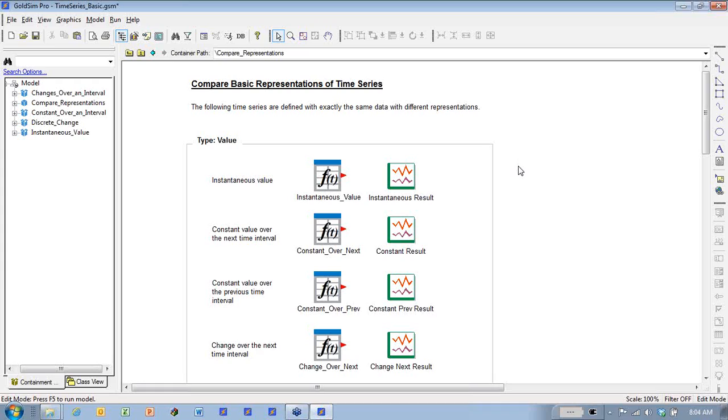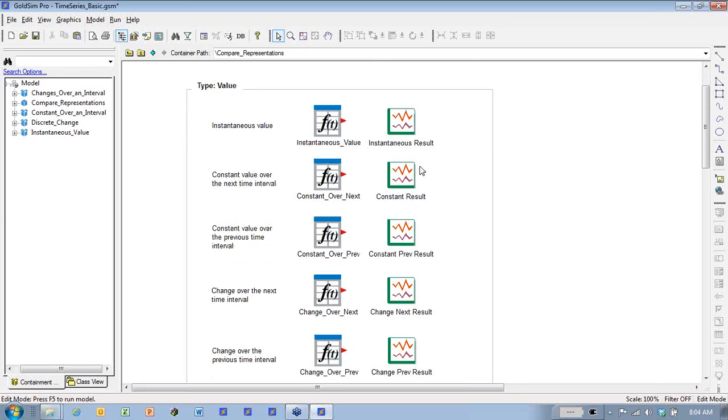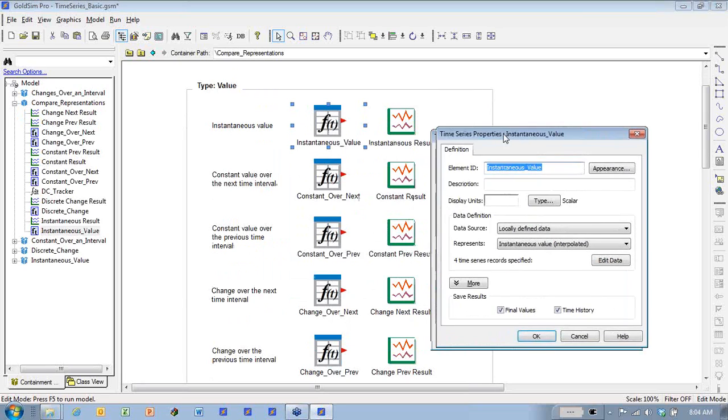You can also record time series. As you know, GoldSim is a dynamic simulator, so the results that it's generating are time history results, or can be time history results that vary through time. So you could record those results into a time series as well. But most of the time, people are using time series as inputs. So here we have a list of time series, and the first one is the default, Instantaneous Value. If I open up this time series,